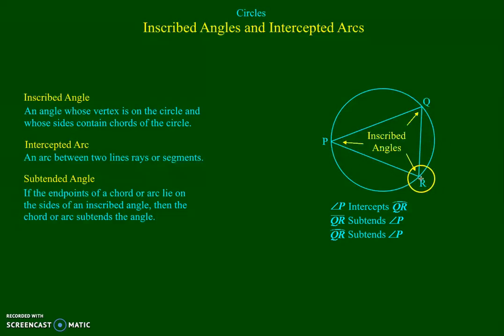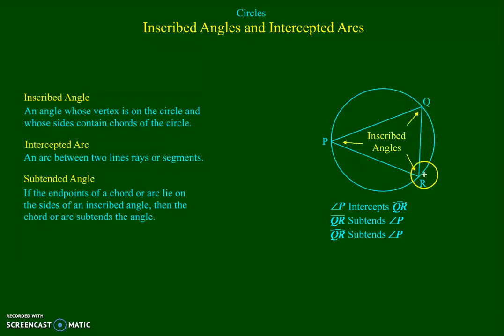Chord PR and chord RQ intercept arc PQ, and chord PQ and QR intercept arc PR. So these are intercepted arcs. These are inscribed angles. So we would say angle P intercepts arc QR. We can also say that